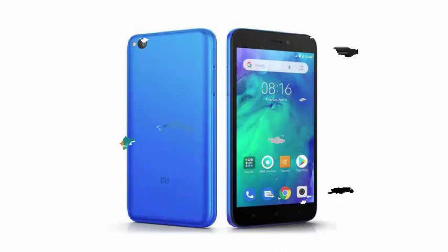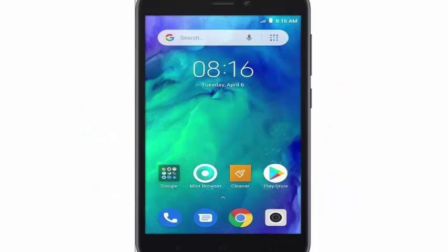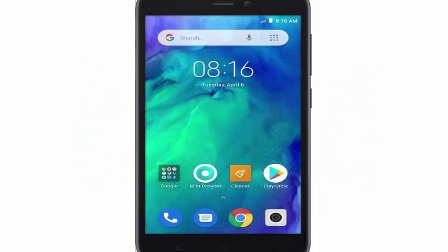The specifications of the phone: it has a 5-inch 720p screen, an 8MP rear camera and a 5MP selfie camera, and what should be a good battery life with a battery capacity of 3000 mAh. A Snapdragon 425 processor with 1GB of RAM, and it offers 8GB of internal storage that can be expanded with a